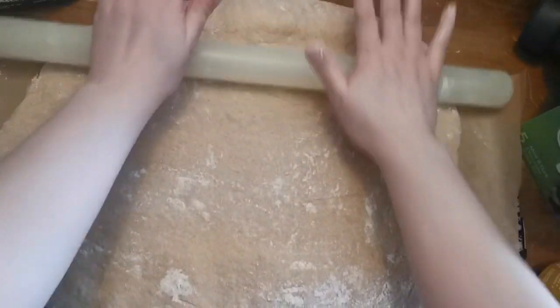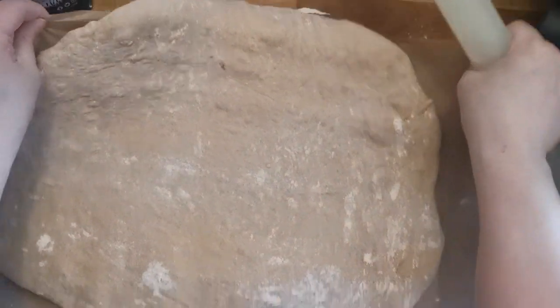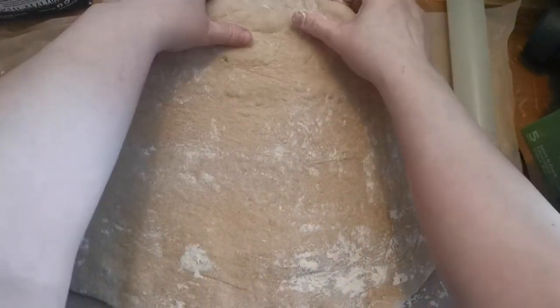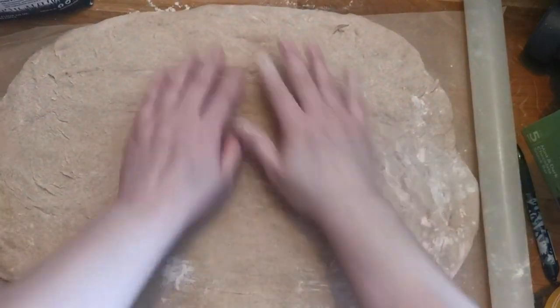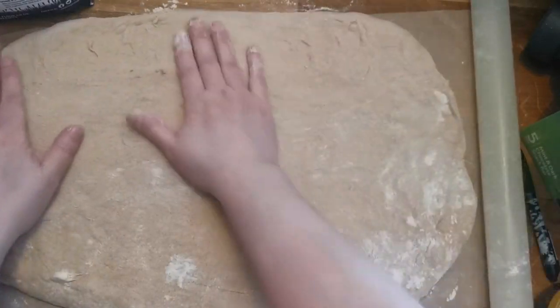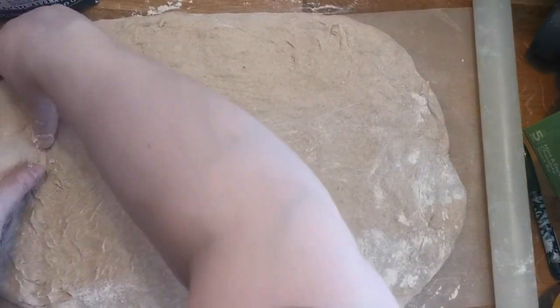Joshua had his, and it was really quite thin, and I'm trying not to lose it to the floor, because if it's going to end up on the floor, it's going to end up on the floor, and it's going to be me that does it, because this is actually the second lot of